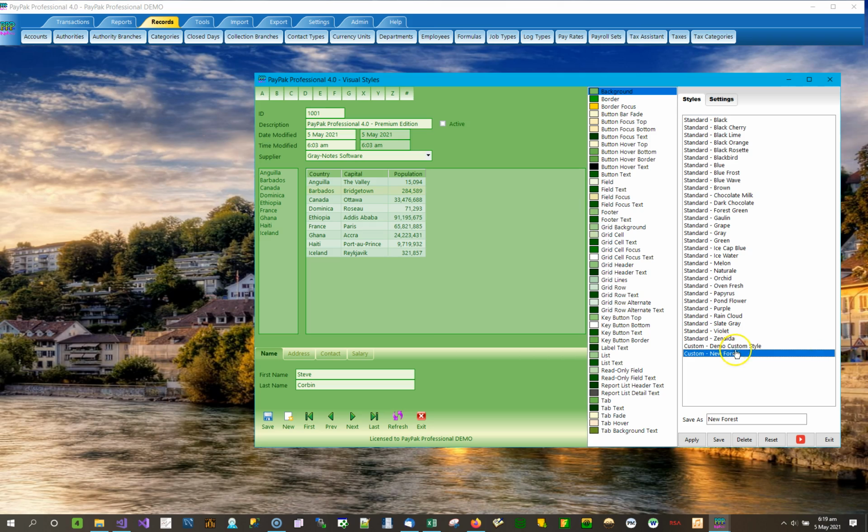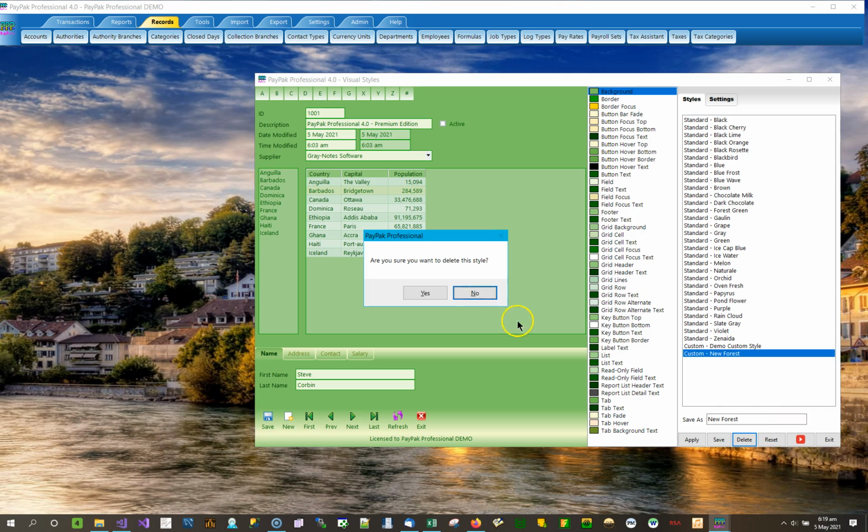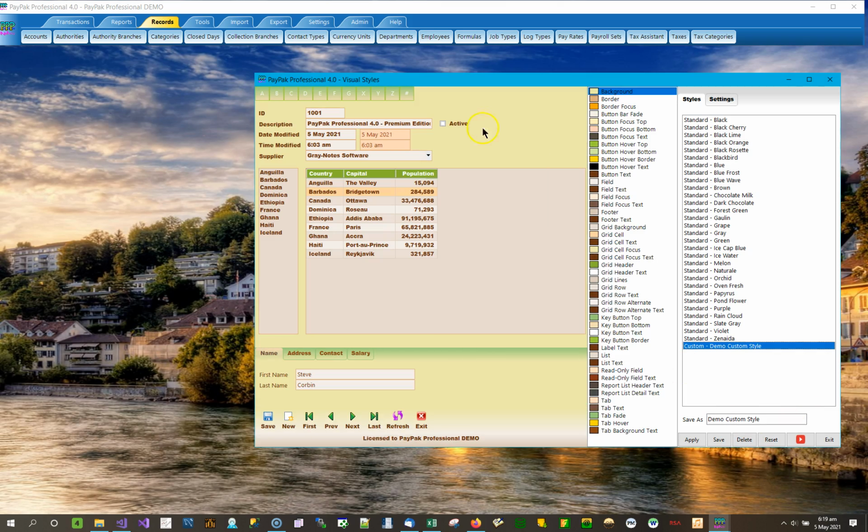Suppose I decide I'm going to go with the demo custom. I don't need the New Forest anymore. I can delete that, and everything is back to my preferred color. Now there's a reset button. What that will do,